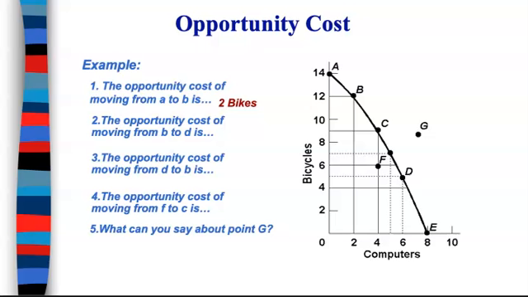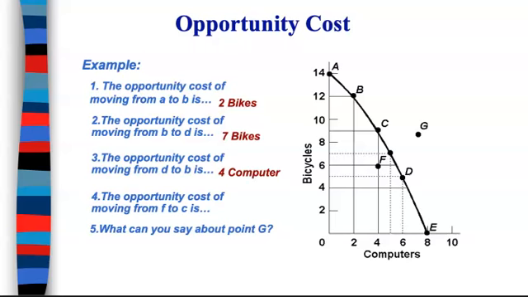All right, so looking at number 2, it says the opportunity cost of moving from B to D. Well, if we go from B to D, we're going to go from 12 bikes down to 5. So we're going to be giving up 7 bikes. The opportunity cost of moving from D to B. Well, now we're going to be gaining bicycles, but we're going to be losing computers. So we go from having 6 computers to now only 2 computers. Therefore, we're going to give up